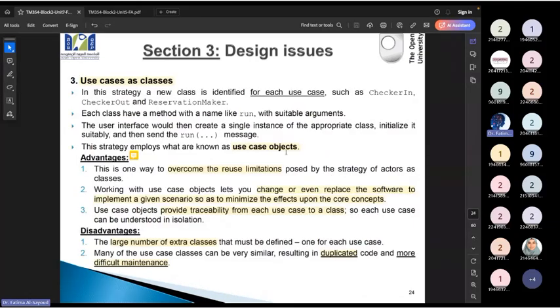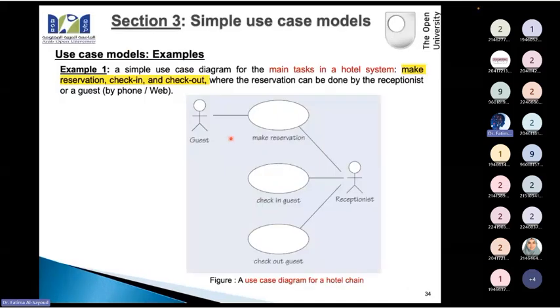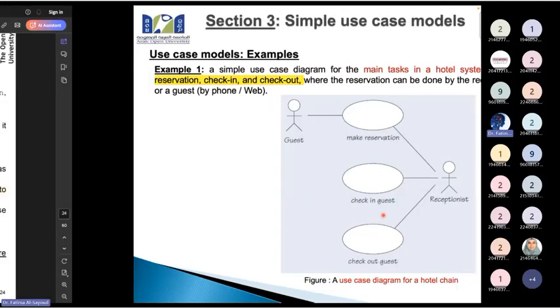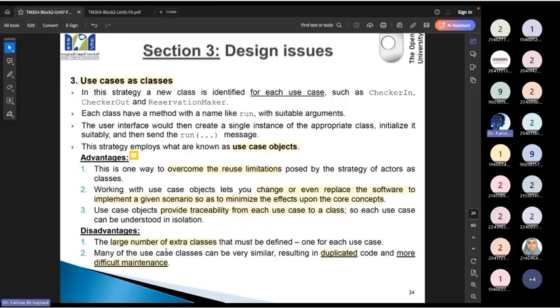A disadvantage, الآن let's assume إن إحنا we need to do a system for all of those use cases. So I have to create a class for make reservation. I have to create a class for check-in, for check-out. I end up, راح أنتهي في النهاية, to have a lot of extra classes. يعني الكلاس diagram الأساسي عندي كان فيه الهوتيل والروم والجست. That's it. Now I need to add more classes اللي هم يمثلوا أساساً use case diagrams. Okay, so this is going to lead us to extra classes and also duplication of information as there's a lot of interactions between them.